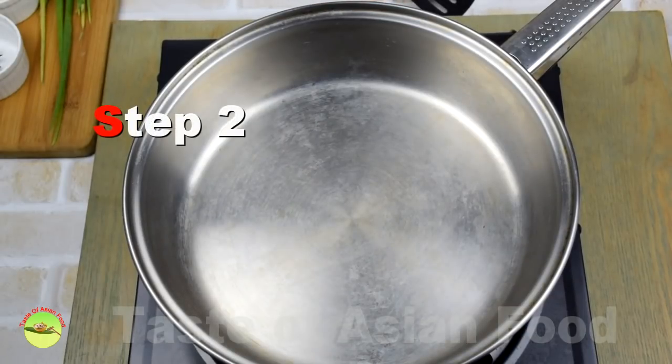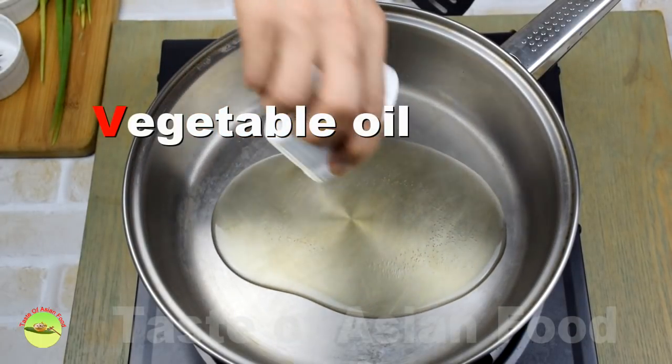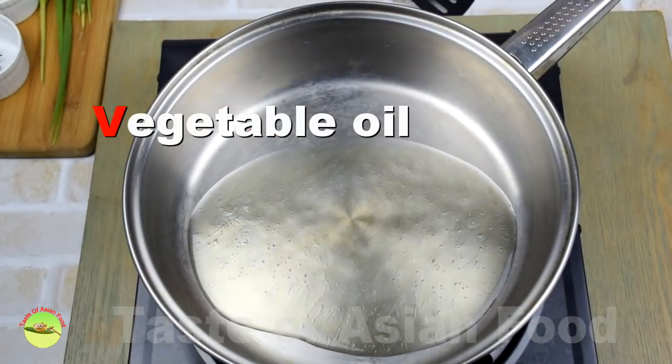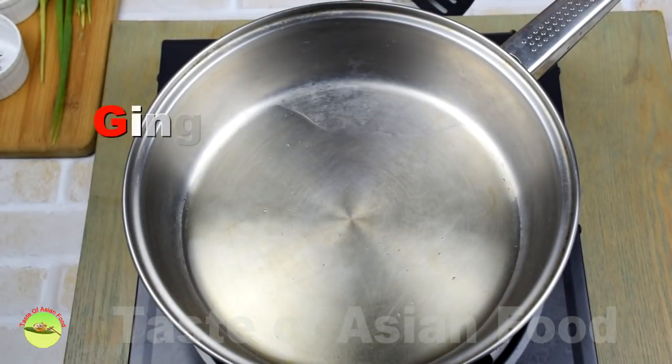Step 2. Prepare the braising liquid. The herbs, spices, and seasoning in the braising liquid define the complex and yet subtle flavor of the pork ribs. Add 2 tablespoons of vegetable oil into the large saucepan. Then add slices of ginger,